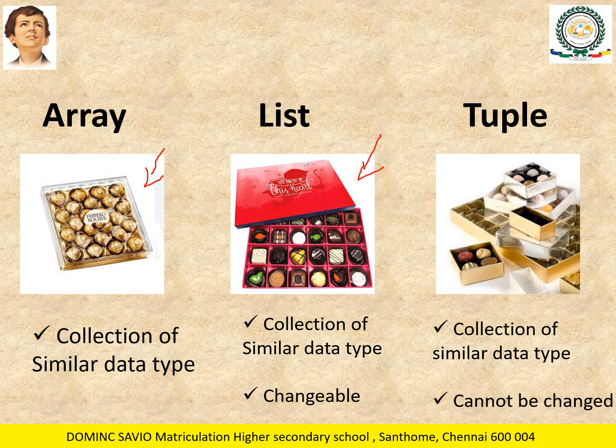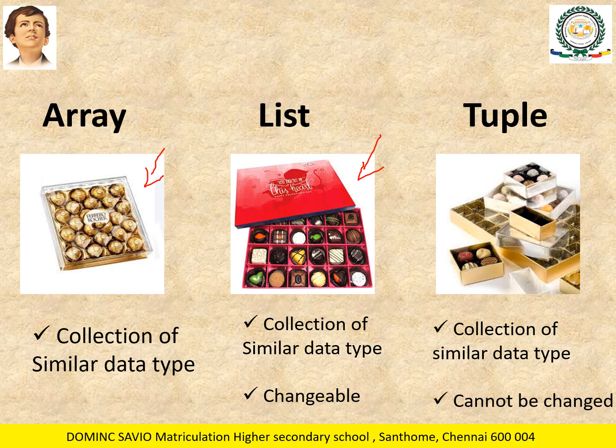Next is your tuple. Tuple is also a collection of similar data type, but it cannot be changed, which means once you fill up all the chocolates and wrap it up and seal it, will you be able to change the particular chocolate from that box? No, you will not be able to move from this box to that box. That is not possible when you seal it up. That type of box we call a tuple. So in a tuple, the values cannot be changed. Once you define a tuple with a set of numbers, that remains the same.